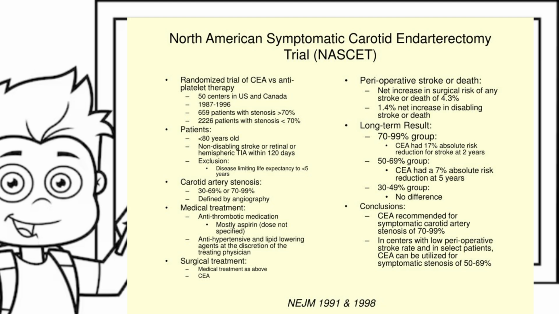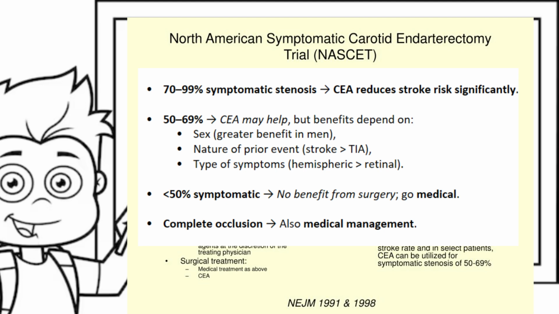According to the North American Symptomatic Carotid Endarterectomy Trial, in symptomatic patients like this one who had a right hemispheric stroke, the degree of stenosis matters. So, for symptomatic patients, if you have a stenosis of 70 to 99%, then carotid endarterectomy reduces stroke risk significantly. Now, if you have a stenosis of 50 to 69%, carotid endarterectomy may help, but its benefits depend on three